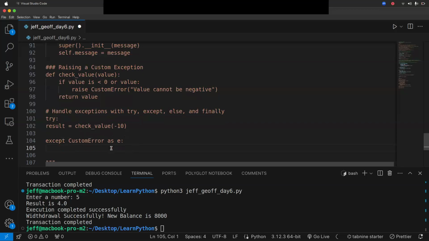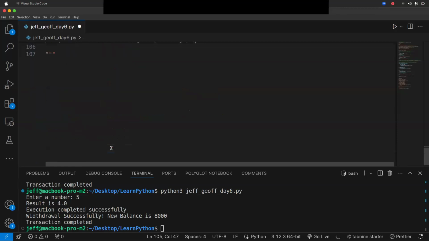Then you can print a formatted string with f, then you open and say custom error code, then e, the message. So that is how you try to handle these exceptions.